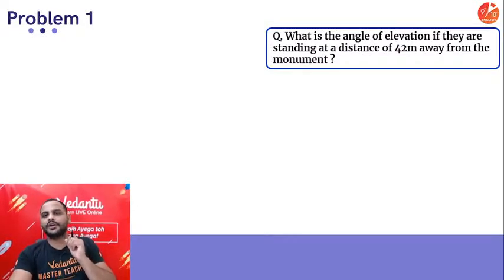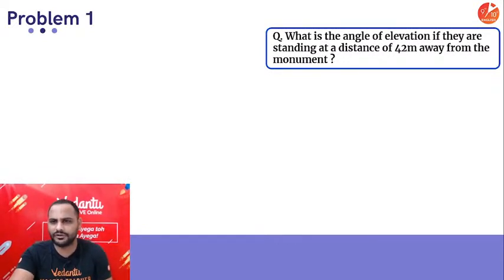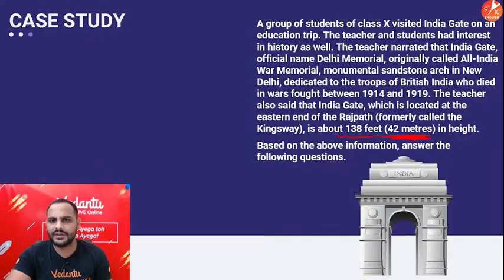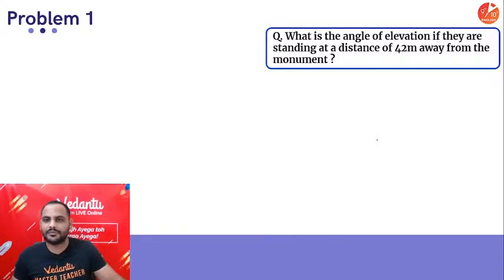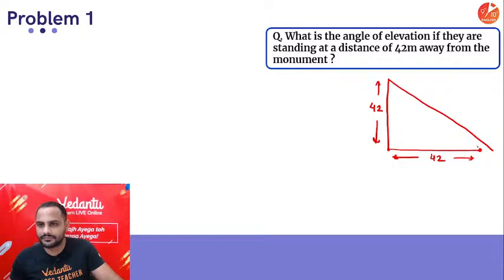अब देखो, what is the angle of elevation if they are standing at a distance of 42 meter away from the monument? They who? अच्छा, students. So देखो, we know monument is 42 meters high, and the students are also standing at a distance of 42 meters, and they are asking what is the angle of elevation. So angle of elevation will be